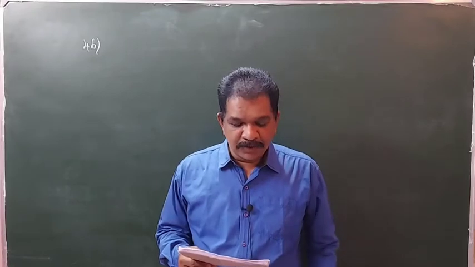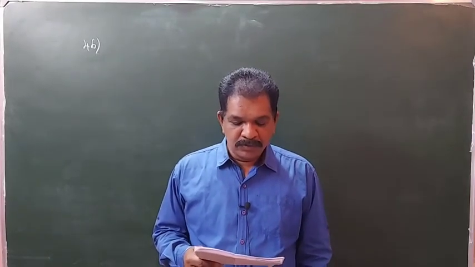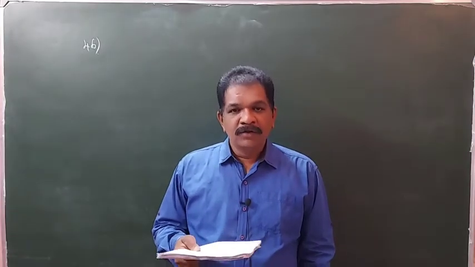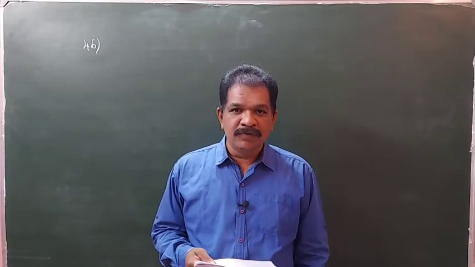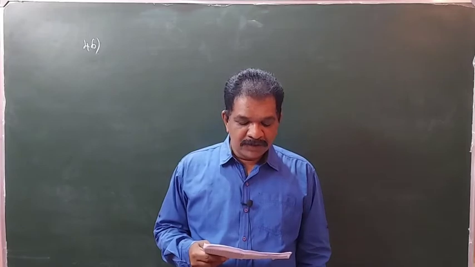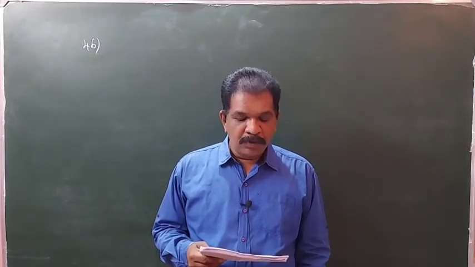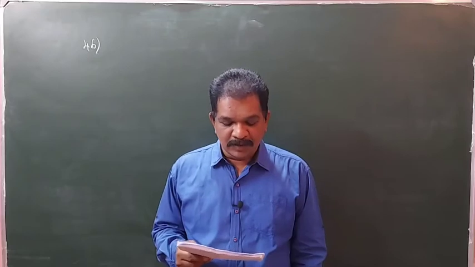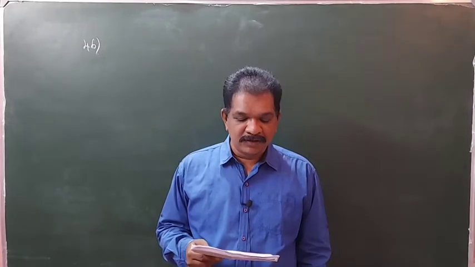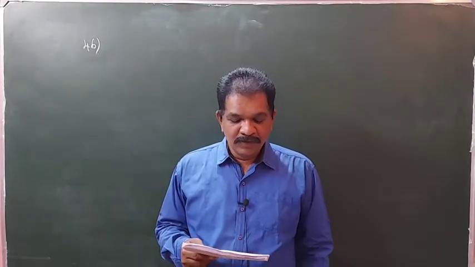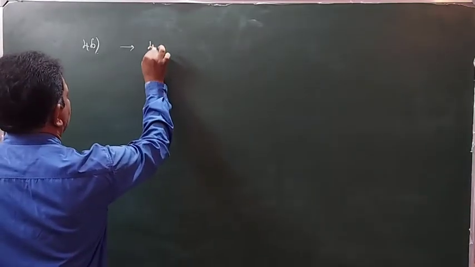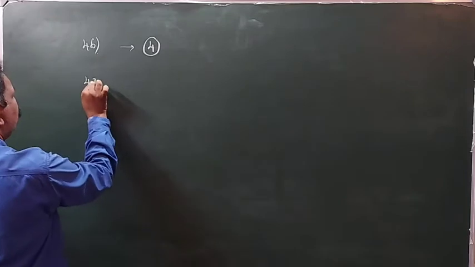Choose the correct option. Photograph B shows motion with zero acceleration. Correct. Zero acceleration means it is moving with uniform velocity. That is a correct statement. Photograph C shows motion with positive acceleration. That is also correct. Photograph A shows motion with negative acceleration. All of these are correct. So for question 46, it will be the fourth option.